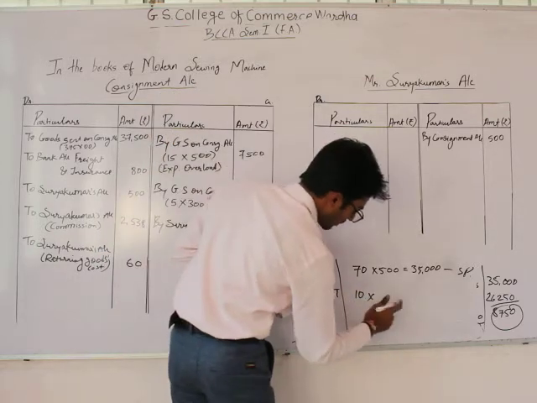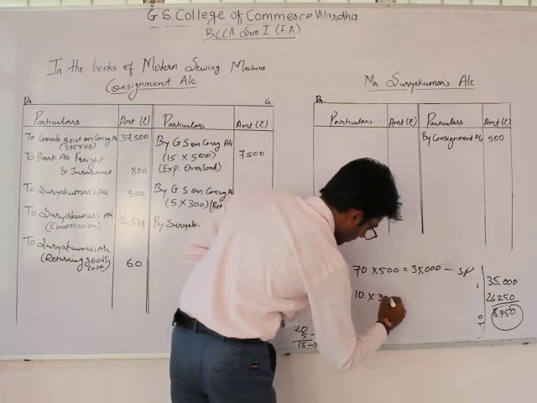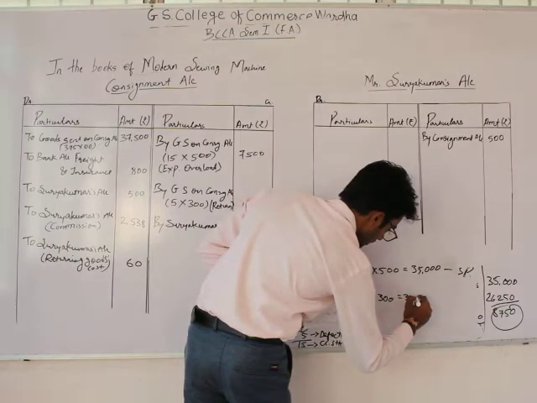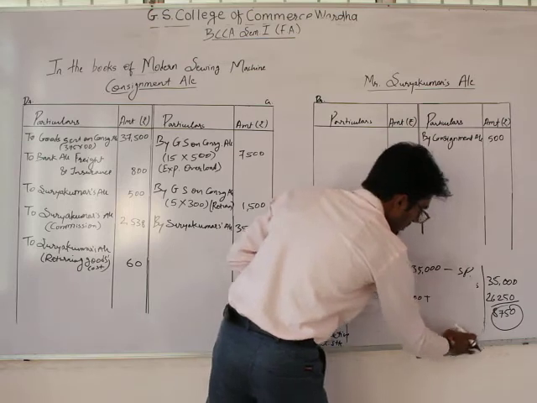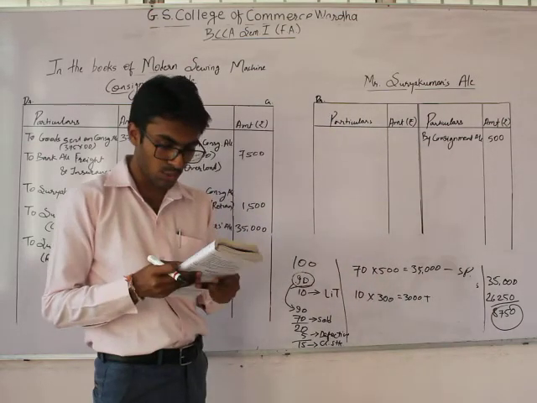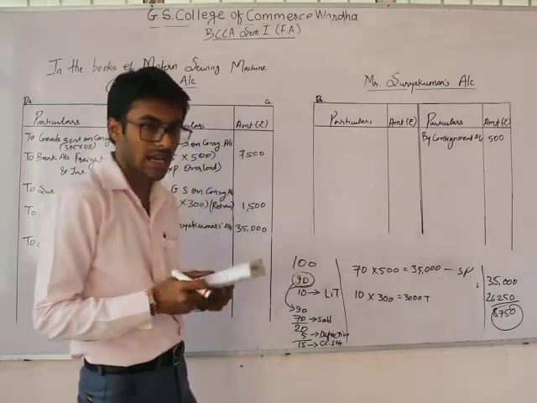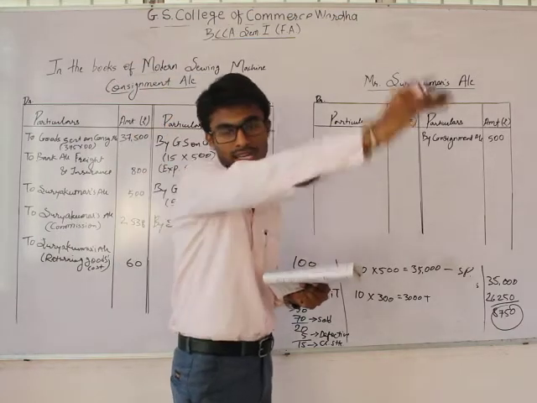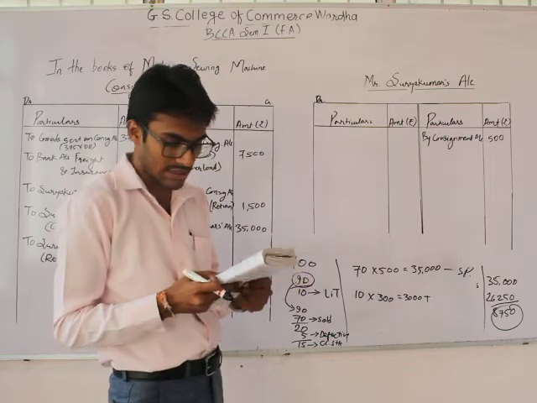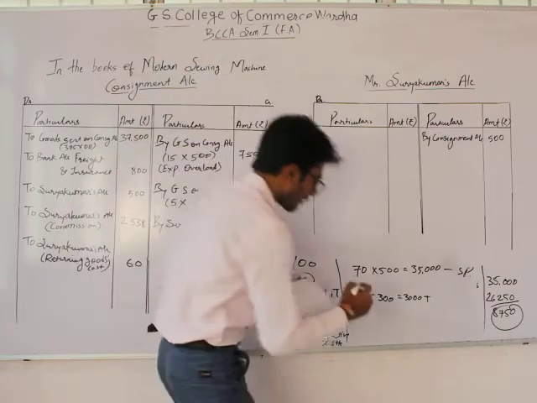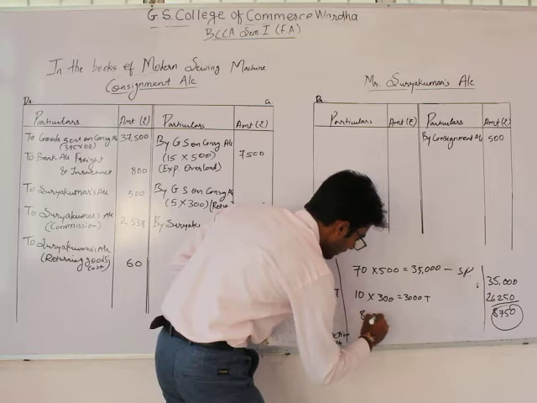So that should be taken at cost price 300, that will be 3,000, plus the expenses which we have incurred at the time of sending that goods, at the time of the consignment. Okay, so what is that amount here? So we have spent 800 rupees